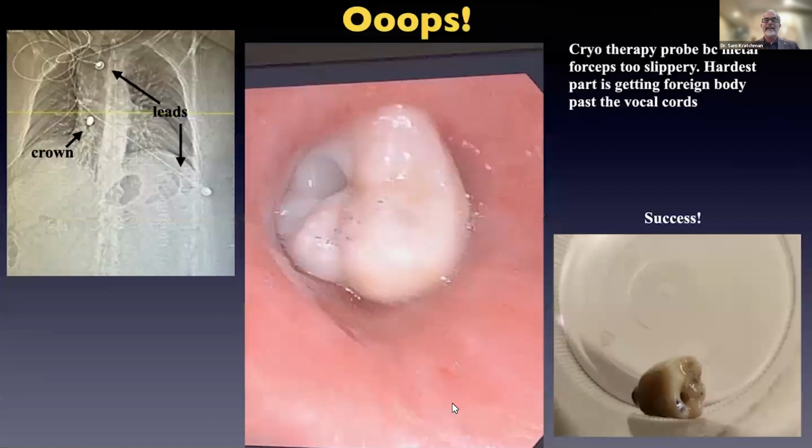Now, before we get going, I always like to warm up the audience with a fun, or in this case, a crazy video. About a month ago, I was doing an apicoectomy, an apical surgery on a patient. She happened to be a pulmonologist. And all of a sudden, I'm giving her local anesthetic, about to get working, and she starts panicking. She's like, "Doc,